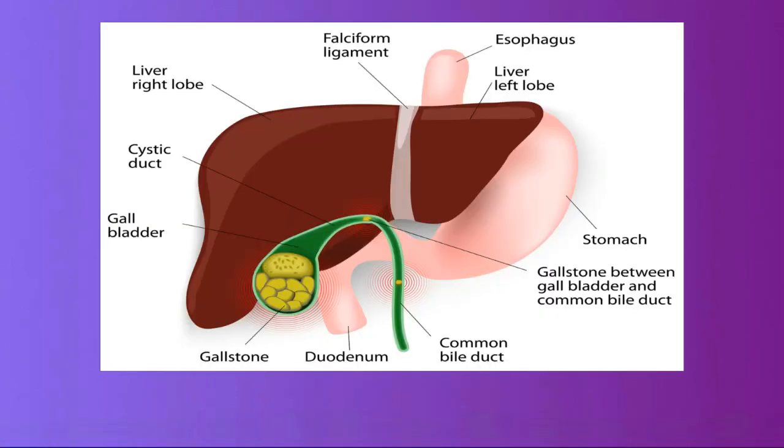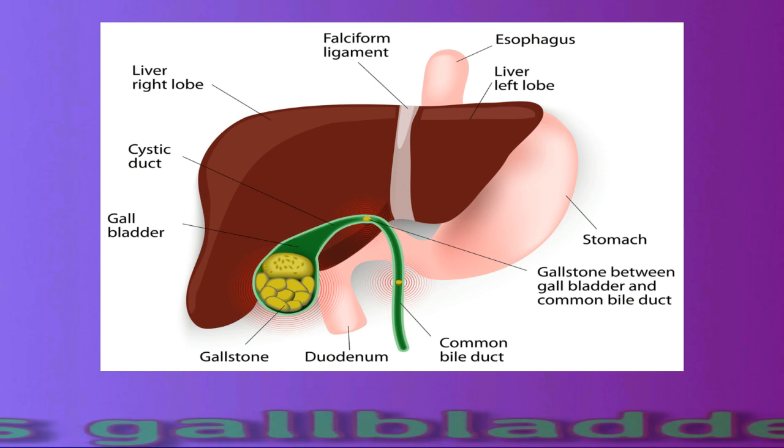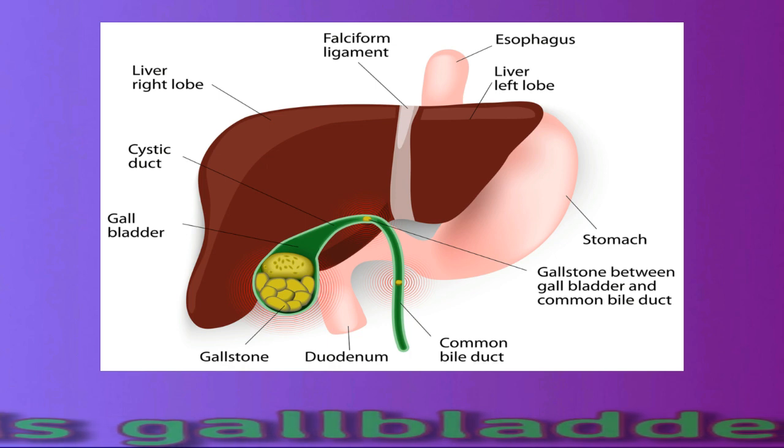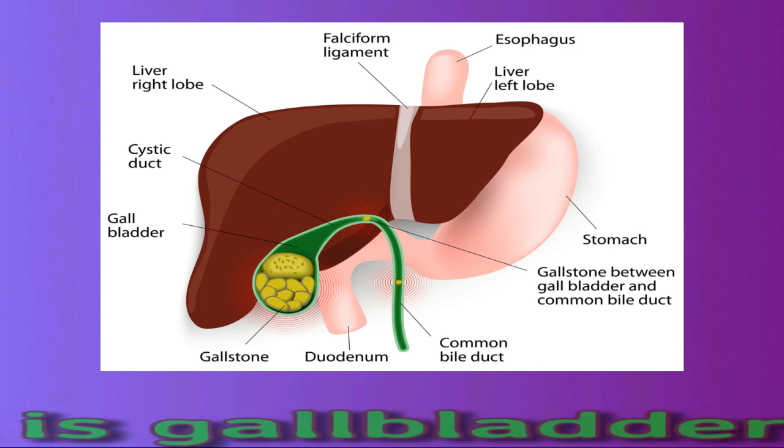What is gallbladder pain? The gallbladder's function is to store and concentrate bile. Bile is a substance that the body uses to digest fats in a person's diet. The liver produces bile, which the gallbladder stores until the body requires it for digestion. Ideally, when a person eats foods that contain fats, the stomach digests some of the food and the gallbladder releases